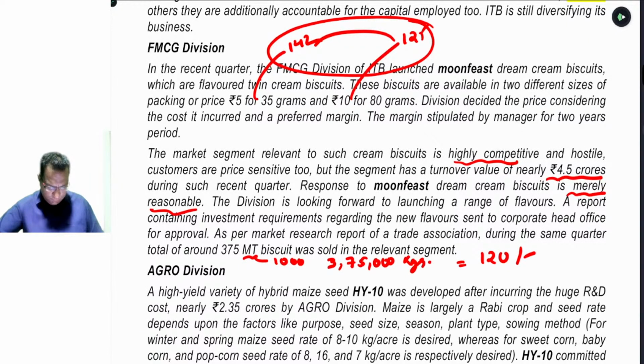They have used the words merely reasonable, just merely reasonable. The market price is 120 while you are charging approximately 10 to 15% margin on your product, while in case of price sensitive customers this pricing policy will not work. So the pricing policy adopted by the company is inappropriate in a highly competitive market. For price sensitive customers, the safest pricing policy is competitive pricing, you can take this, and even if you are aggressive then you can go for penetration pricing strategy. Okay, this we have explained.